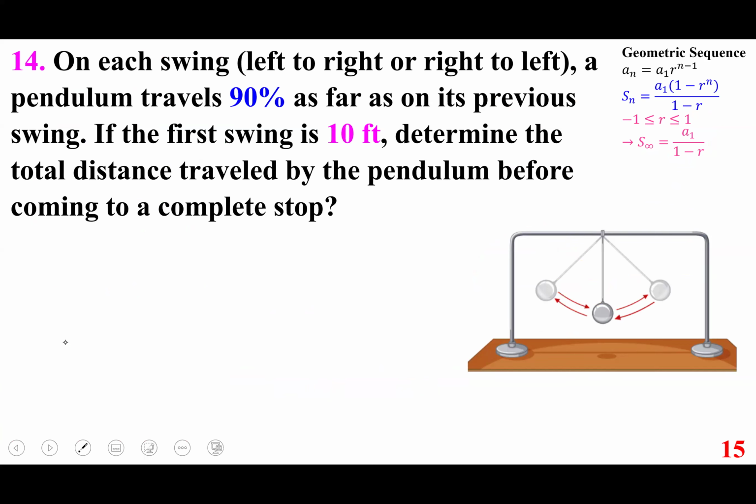Application problem. On each swing, left to right or right to left, a pendulum travels 90% as far as on its previous swing. The reason is because of the gravity. If the first swing is 10 feet, determine the total distance traveled by the pendulum before coming to a complete